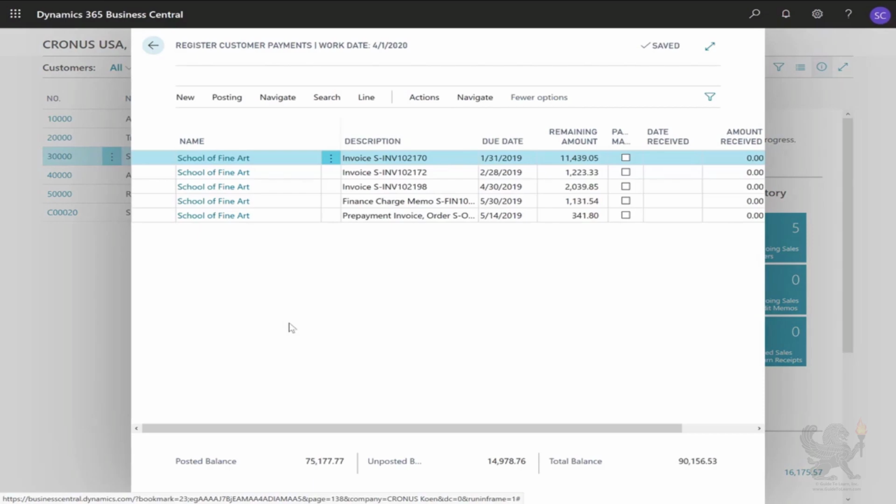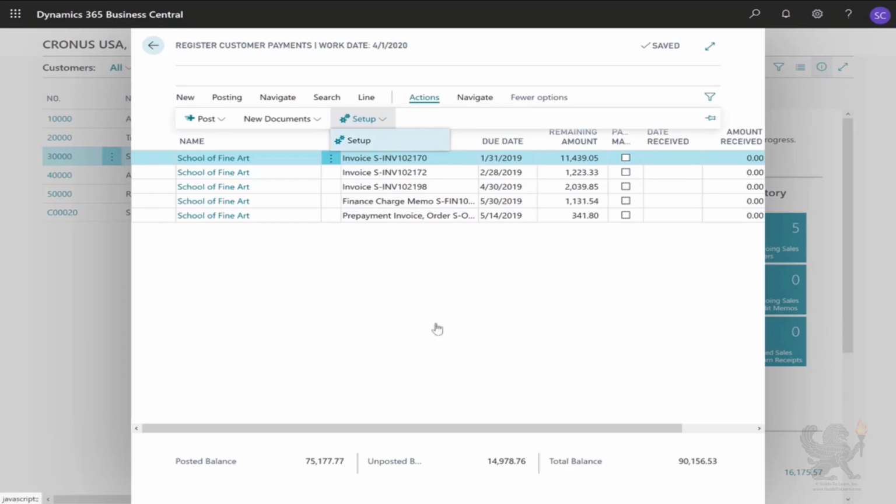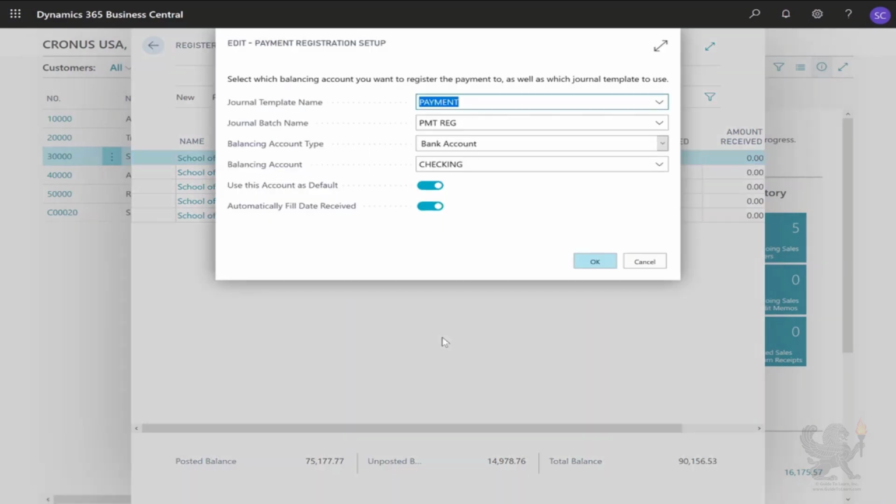But the first time that you use the function, you first get the setup page, and the setup page looks like this. The first time that you register a customer payment, the system will first show you these setup fields where you can select the journal template, the journal batch, the bank account that you want to balance to,